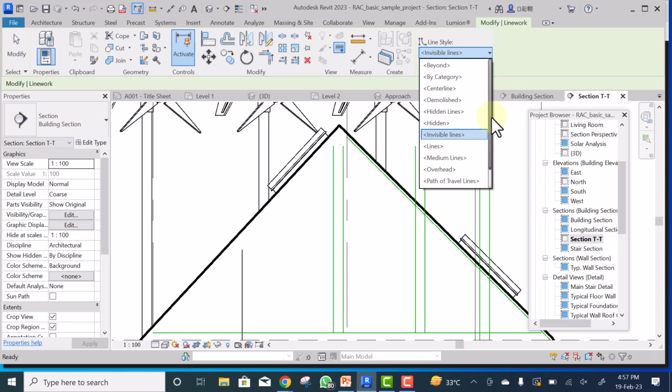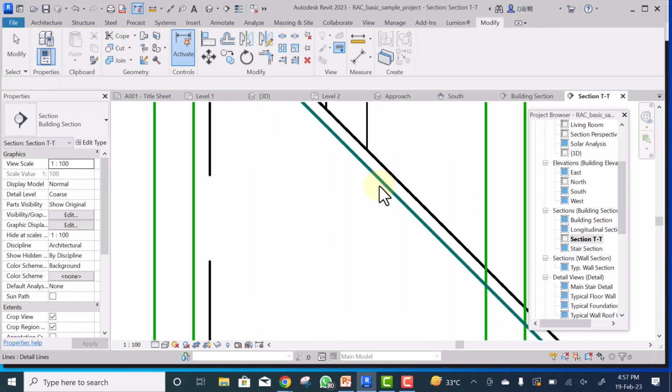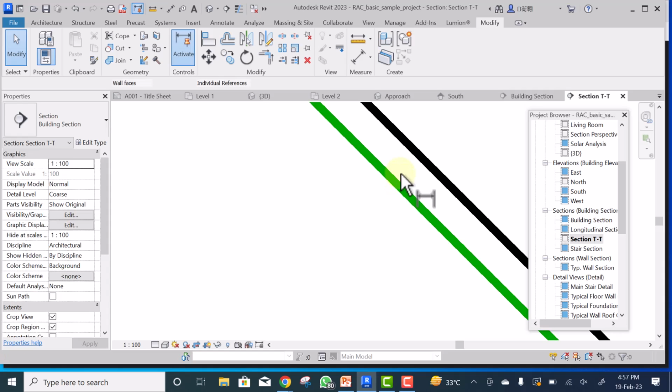Let's look for thin line. Okay, this is thin line, and I click on this. You can see I've rendered it to a thin line. I can change it to any line I want. Okay, then I can adjust the